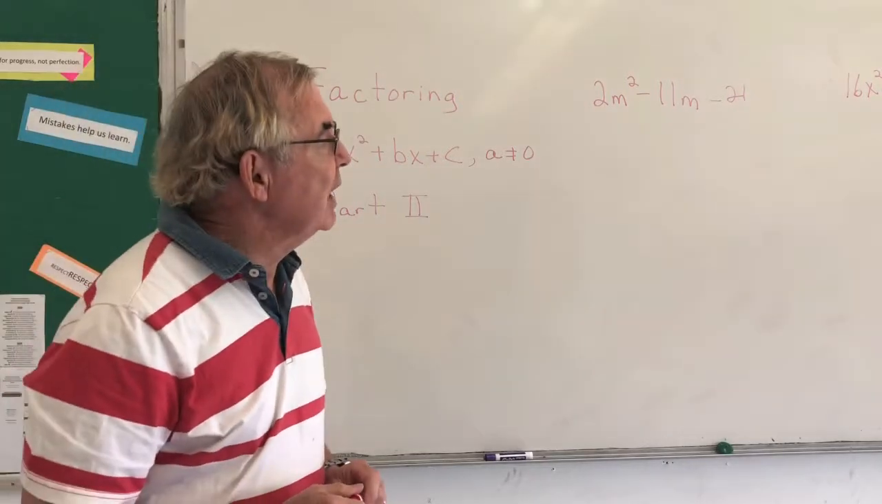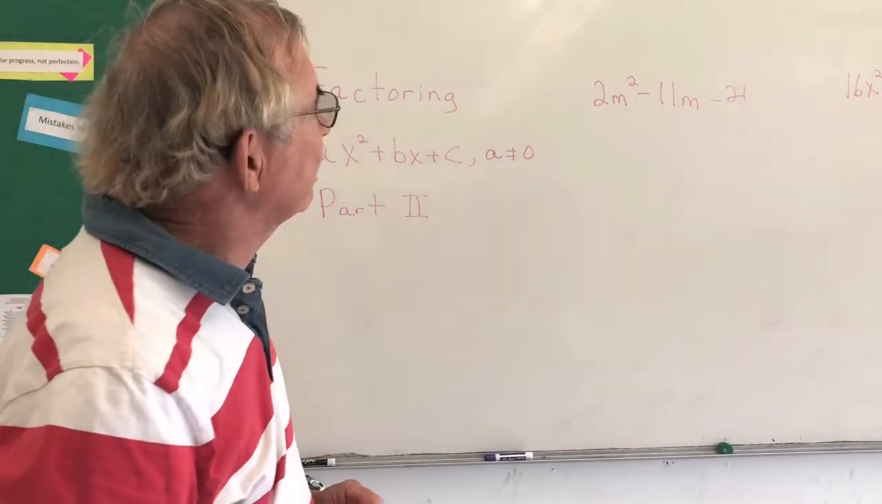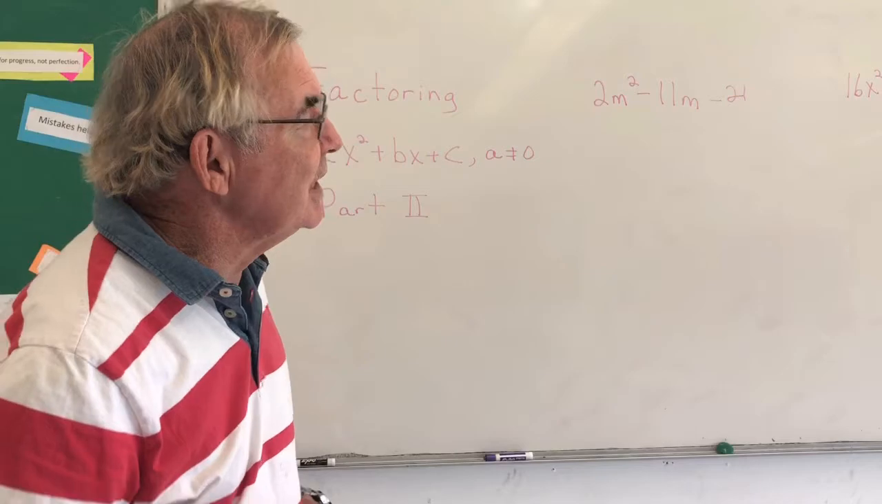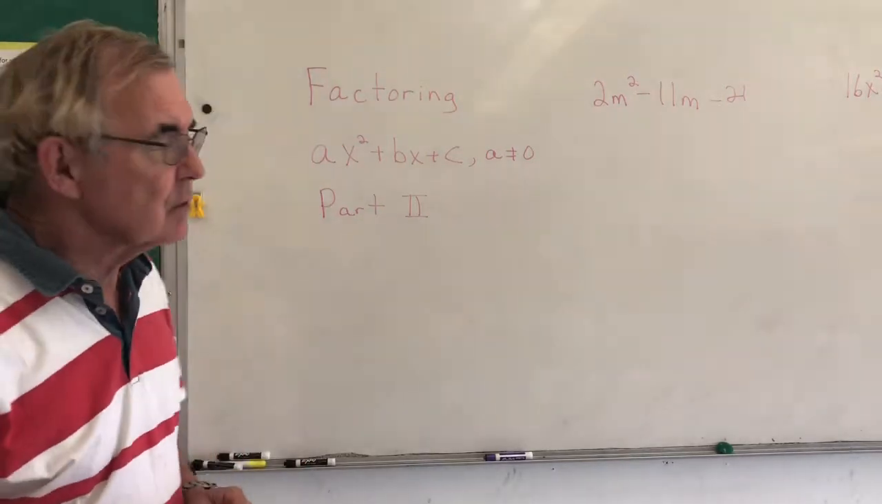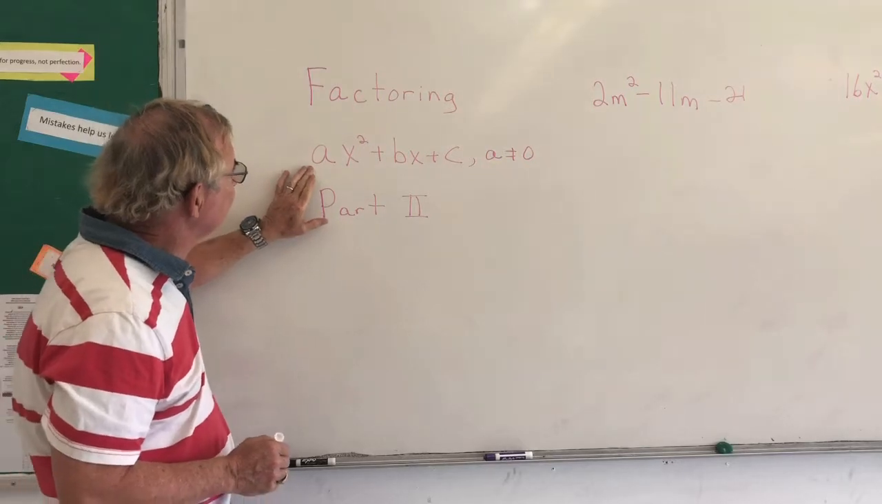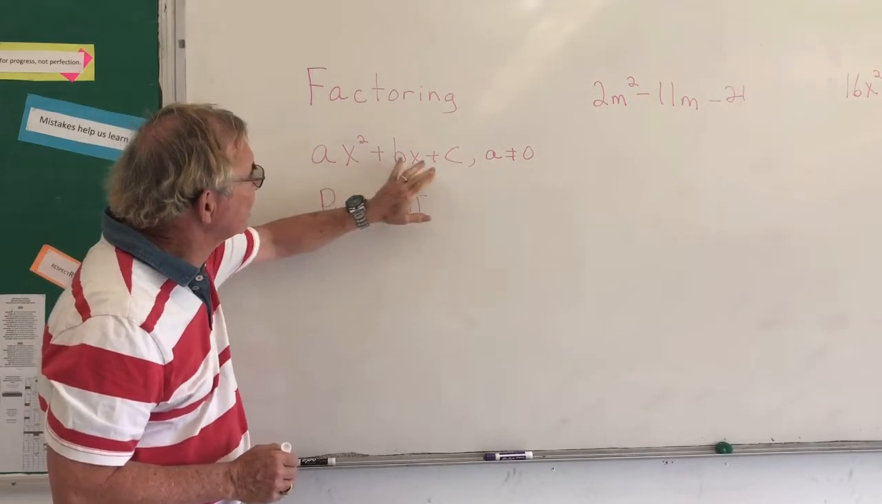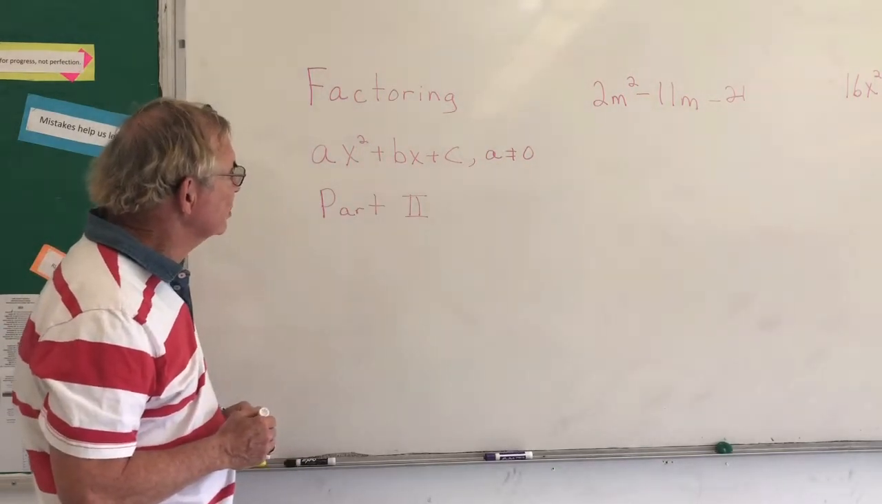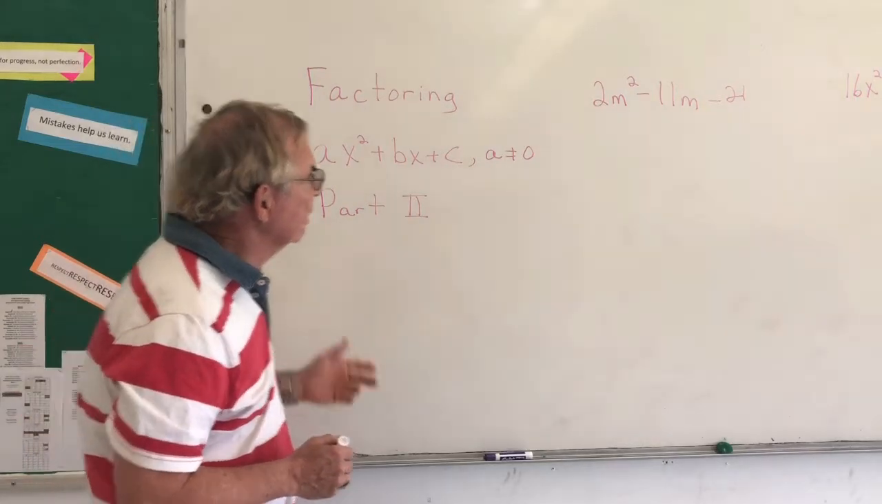So we have today 8 examples. So let's look at this, our general quadratic: ax squared plus bx plus c, where a is not 0. So our first one up here,